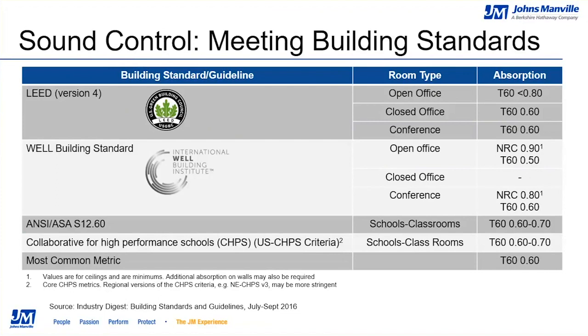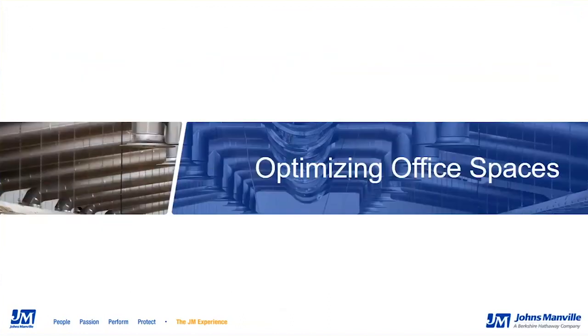The T60 guidelines you see under LEED are another type of sound control measurement. The T60 measurement is a reverberation time, or the time required for the sound level to decrease 60 decibels. Equations can be used to convert between NRC and T60 measurements. So now that we've got a good idea of what sound control looks like, let's talk about sound control in